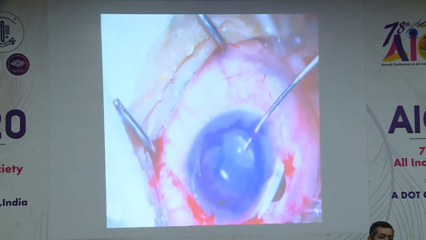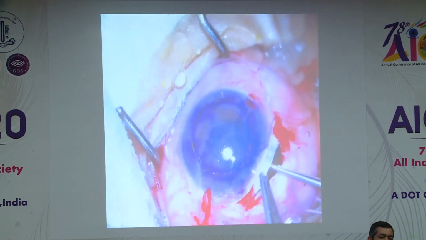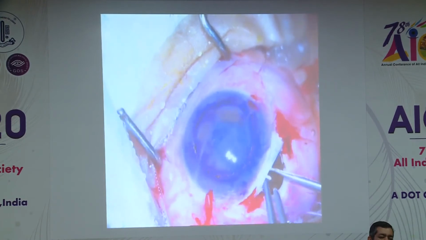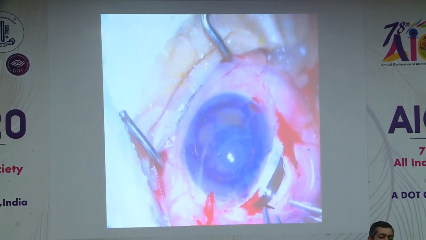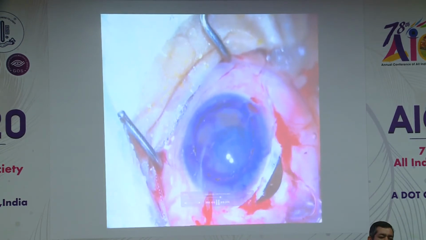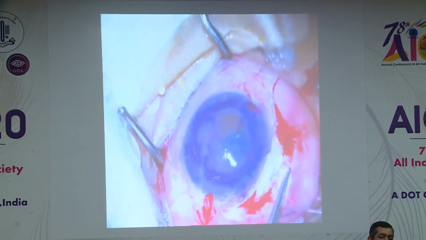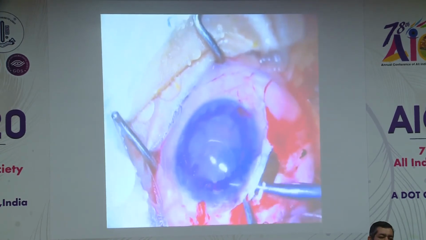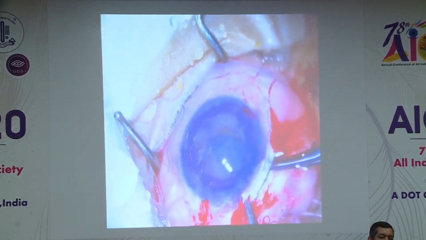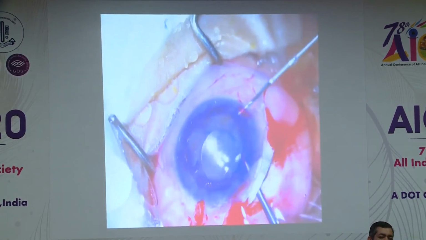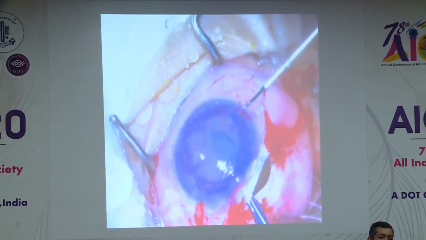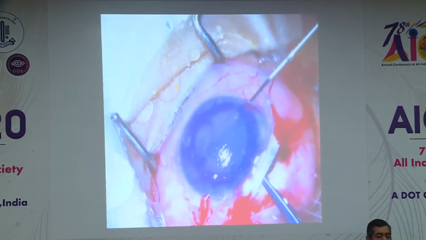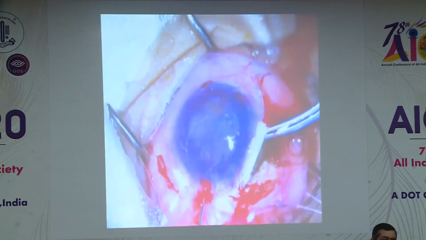Again, the Descemet's, you can say this is not normally the way I do this thing, but it was very scarred. There was a premature entry. I had gone superiorly in this patient. I removed the original IOL from this patient, and though there was no vitreous, I then put a retrofixated IOL in this patient. I dipped the iris through both the claws on the posterior side at 3 and 9 o'clock.